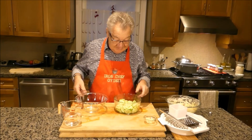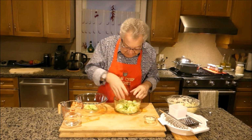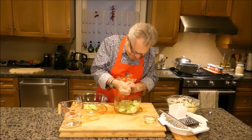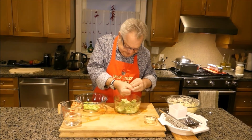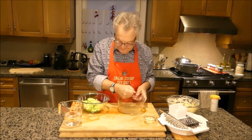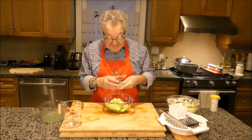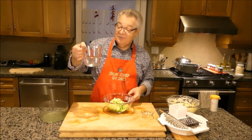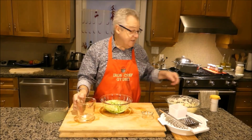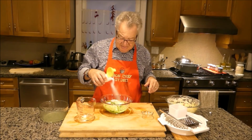As I told you, I had the cucumber salted already, so all the evil juices would drain out. And next we have to squeeze out as much of the liquid as possible. There we go. We put in some garlic, chopped garlic, finely chopped garlic, and we put in a mixture of 3 parts water and 1 part white vinegar. There we go. And then we put in a couple of tablespoons full of sugar. Depends on how sweet you like it. You can just sugar it up. Oh, I'd say that's about